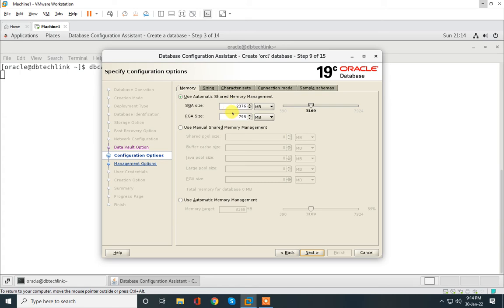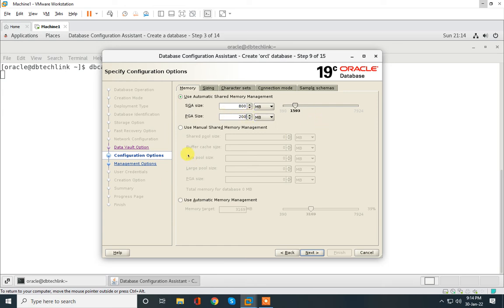An Oracle instance is basically a combination of a memory component and some background processes. I will create separate videos on this topic, what is an instance and all this. So right now we have to give SGA and PGA size, right? So let's say we are giving here 800 for SGA and 200 for PGA.